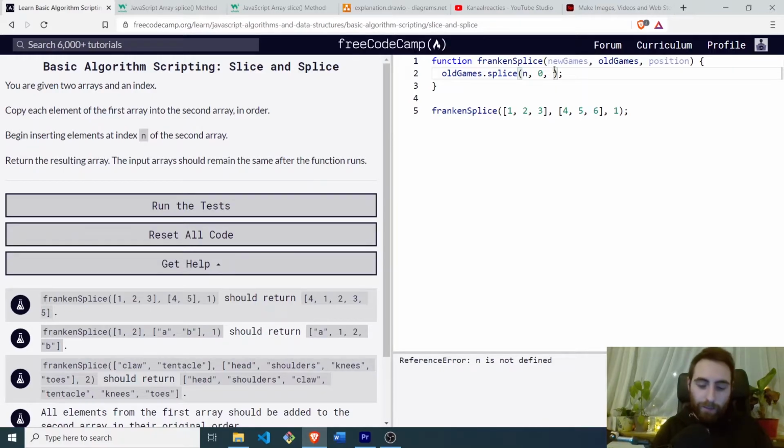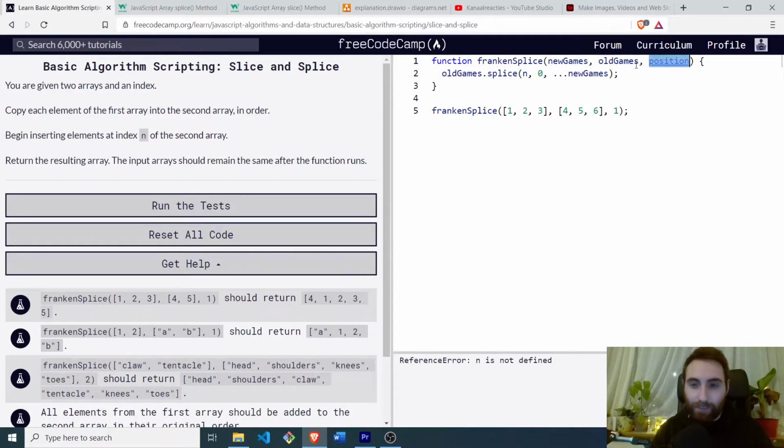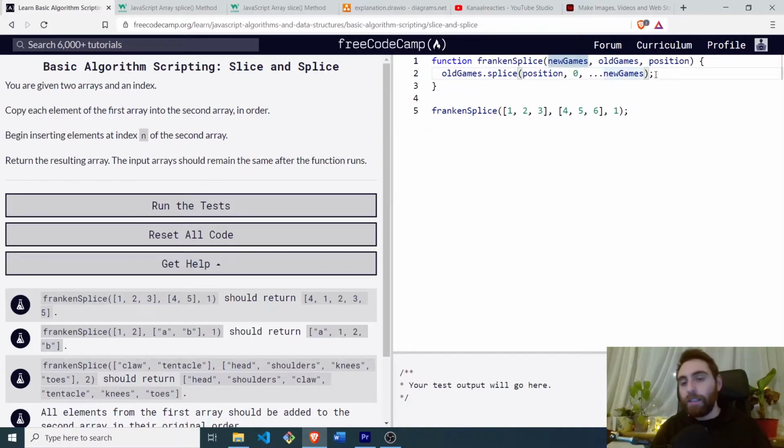But thankfully the spread operator comes to our rescue. It is basically like this. It means that, oh yeah, and it's not defined. So it means basically go through all the elements of the array new games and put them, spread operator, spread them here. So then we are gonna console.log